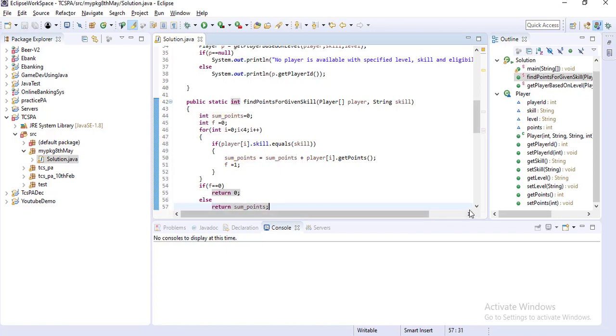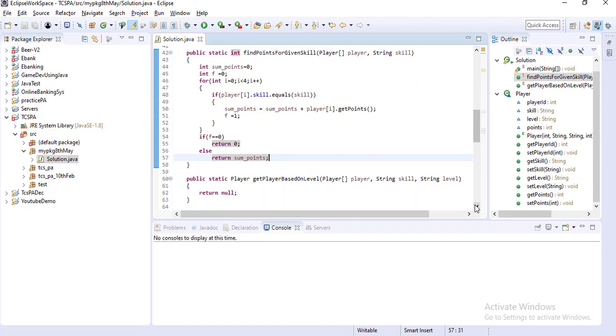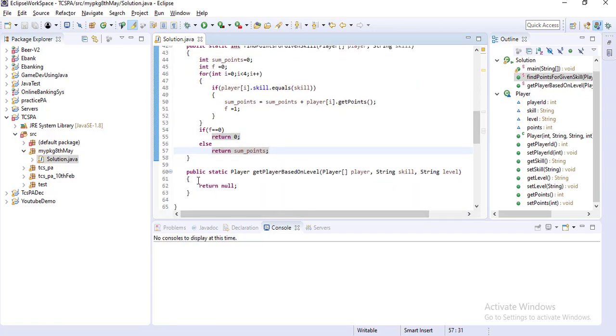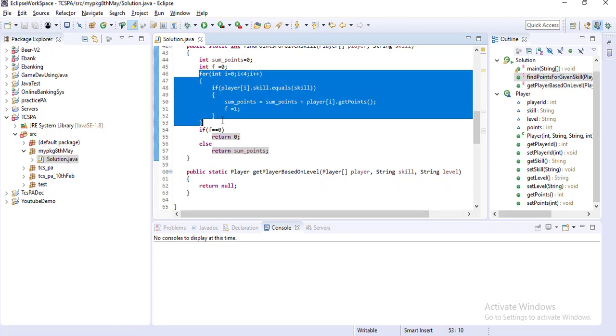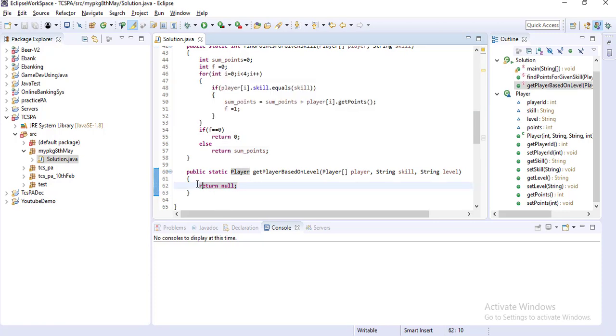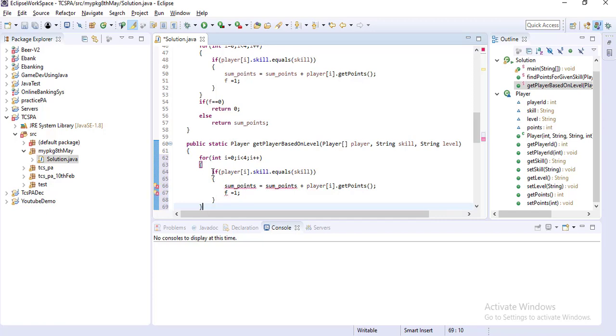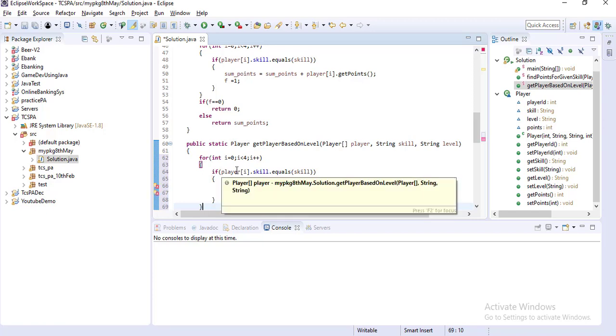Okay, so this is done. For the next method, I will execute the same for loop, but the condition inside should be different. In the for loop I will check if player[i].getSkill.